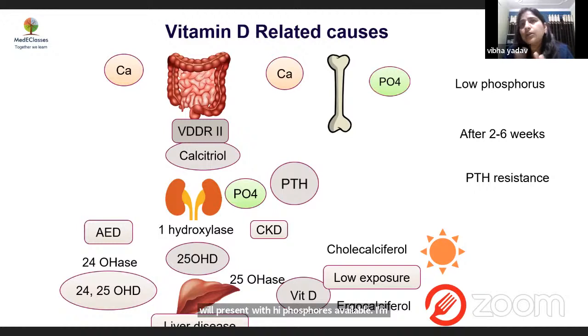So in any neonate or infant, if you are having hypocalcemia along with high phosphorus levels and high PTH level, you should not conclude that this is PHP, which is pseudohypoparathyroidism, because PHP does not occur in a neonate, and it never presents with frank hypocalcemia at a very early age. So if this presentation comes to you, always think that this PTH resistance could be due to chronic vitamin D deficiency, and always check the vitamin D levels in that case.